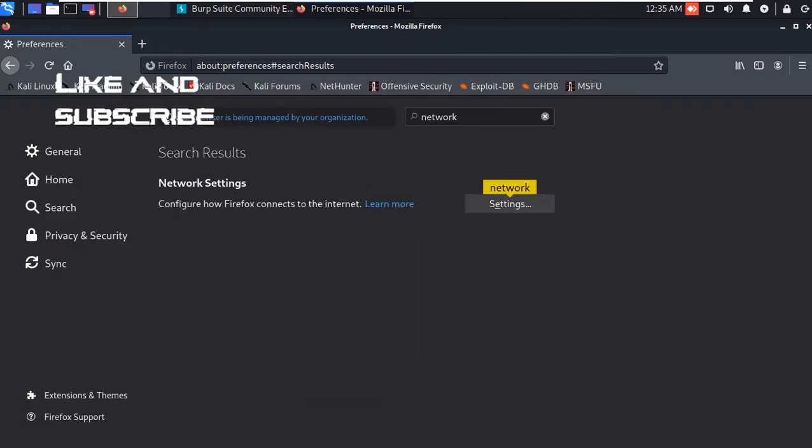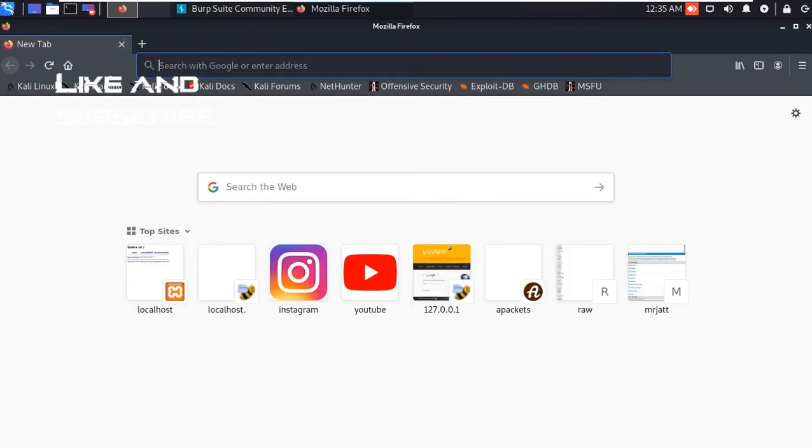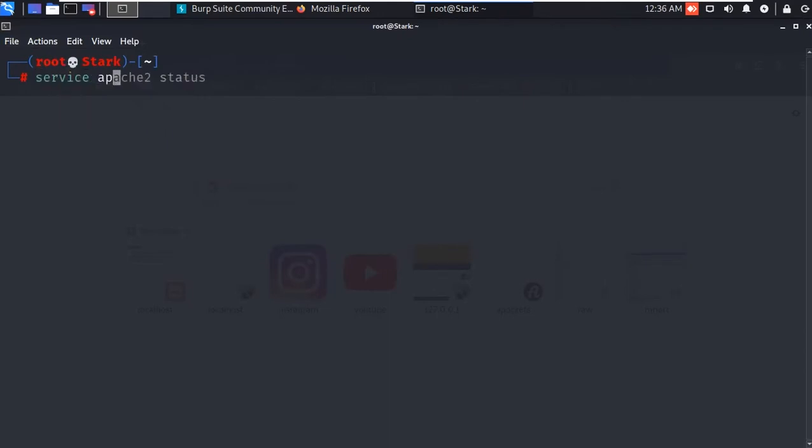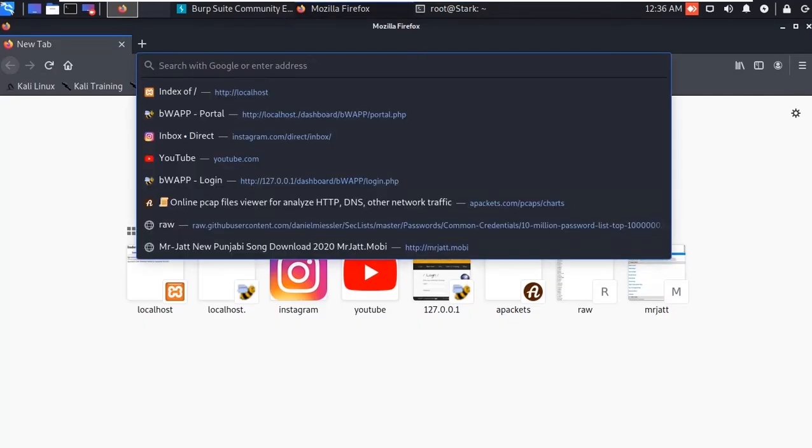Okay, and open up a terminal here and type, let me zoom, so type here service apache2 start. We have to start our web server of Apache. And let's type here a semicolon and service mysql start. So it will start the MySQL database service and the Apache service both in a single command. Okay, so it is started now, and let me click on Mozilla Firefox and let's go to our localhost